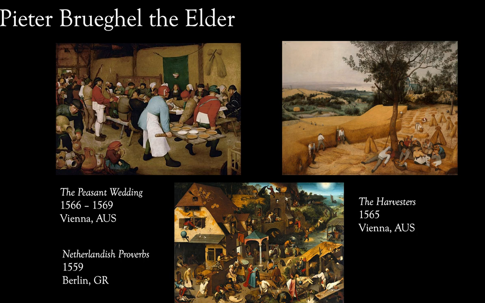And below these two paintings, you see one of his, I think, more interesting paintings that's called Netherlandish Proverbs. This is another oil on panel painting. And this is an interesting painting because there's all these proverbs or sayings that are literally depicted in the painting. What's fun is, if you Google this painting and look it up, say in Wikipedia, it gives you all these examples of Netherlandish proverbs like kill two birds with one stone, or a bird in the hand is worth two in the bush, all those types of sayings. That's what I mean by proverbs.